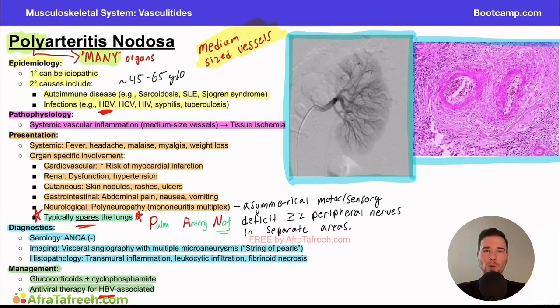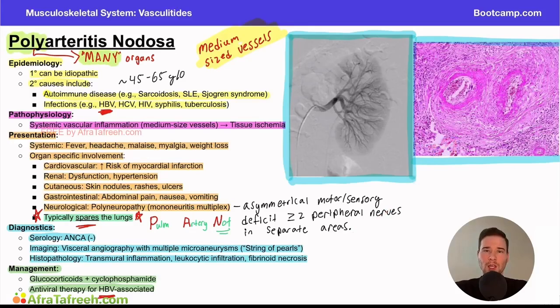Now, they can give you a whole bunch of option choices here. They can give you some serum labs, talk about inflammatory markers. They could even talk about the ANCA positivity or negativity in this case. They could give you these two options, which is really going to draw students' attention: the angiography showing the microaneurysms or the biopsy, right? The histopathology. The best answer in this question would actually be to do the biopsy and the histopathology to truly